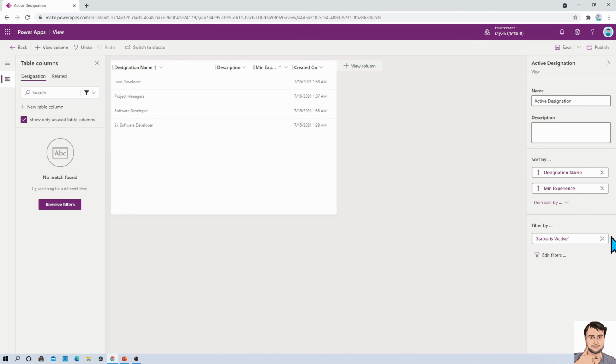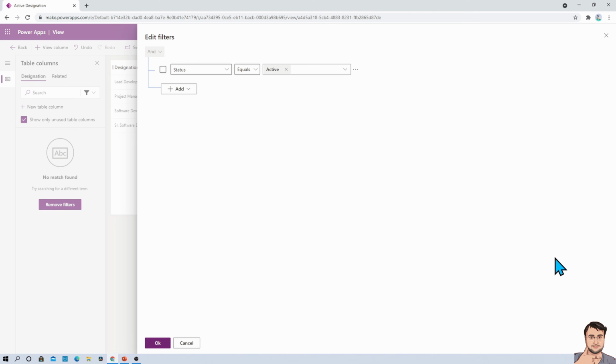And let's say, for an example, if you wanted to apply some additional filters, designation should be lead developer or anything. Or let's say if you wanted to apply any filter like minimum experience should be greater than 5 or greater than 6, you can also configure that over here. So if you go here, basically you can add some additional filters, and let's add minimum experience is greater than 1. So that filter has also been applied over here. I'm not applying it at this moment, but this is how you can simply apply the view filter.